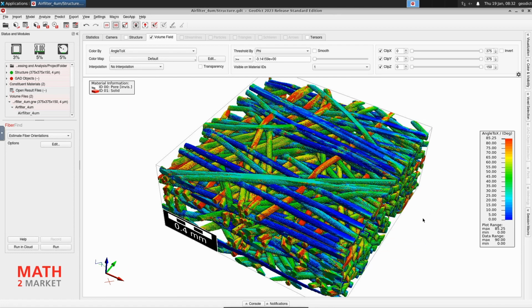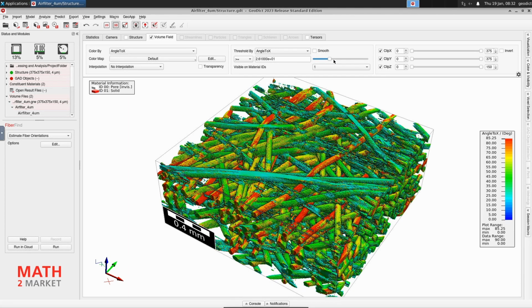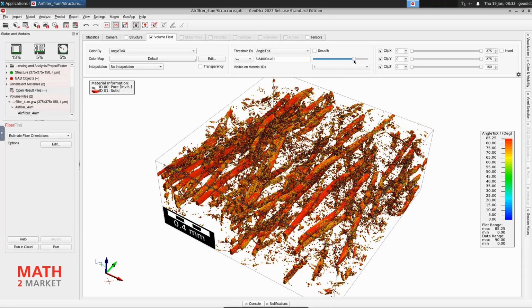We can also threshold the data based on this information. So here under threshold by, you should select the same field, so also angle to x, and then with the slider you can select which fiber directions are shown here.